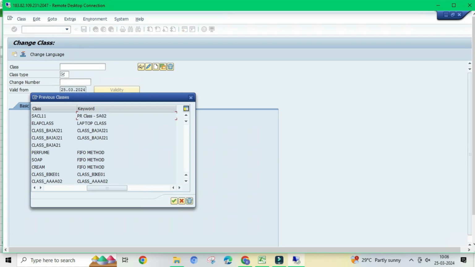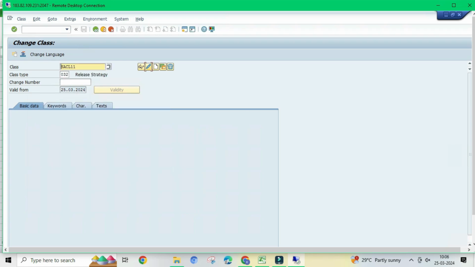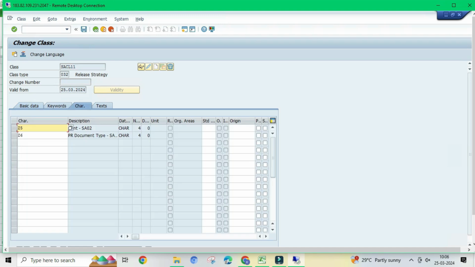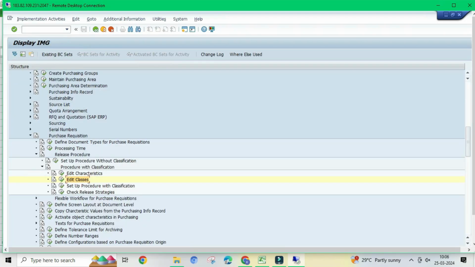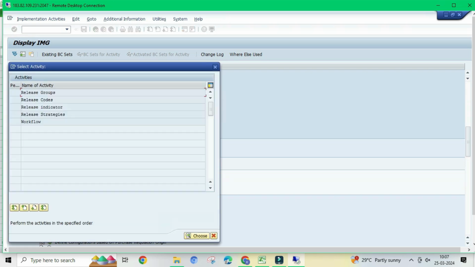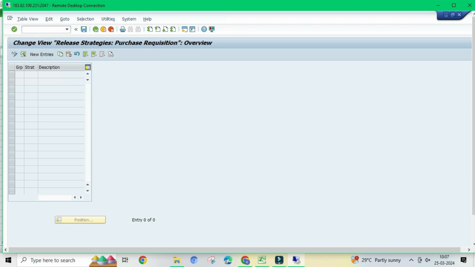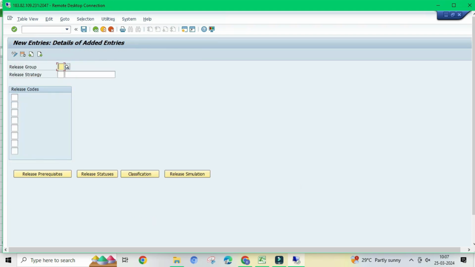So here we can check. So our class SACL11, PR class SU02. Then select change, go to characteristics. So this is our plant and the document type which we created. So our class SACL11, then go back,